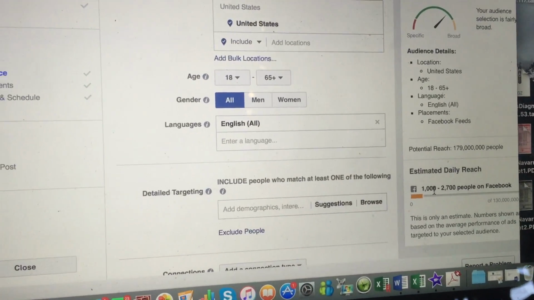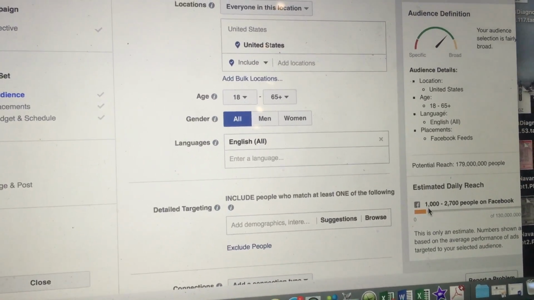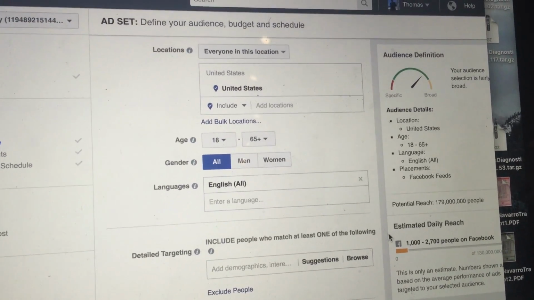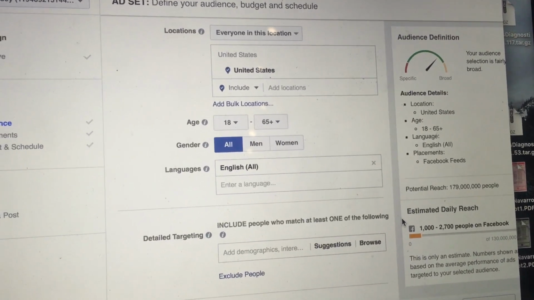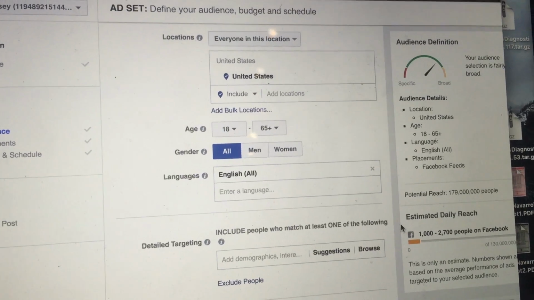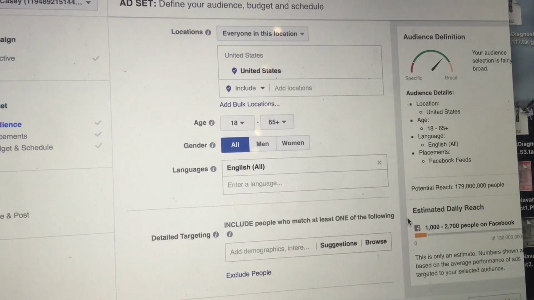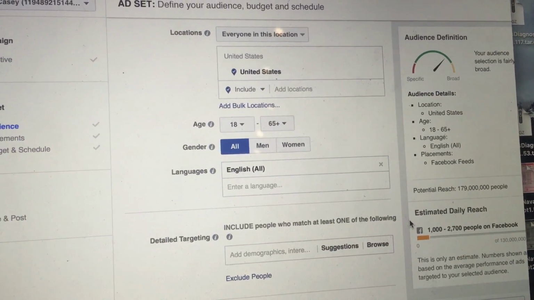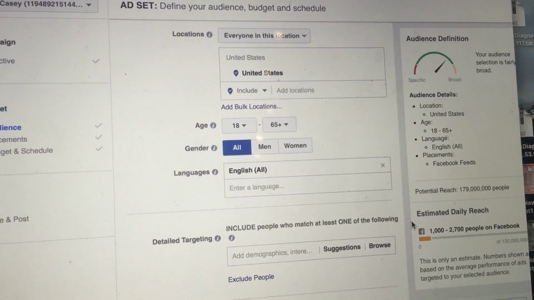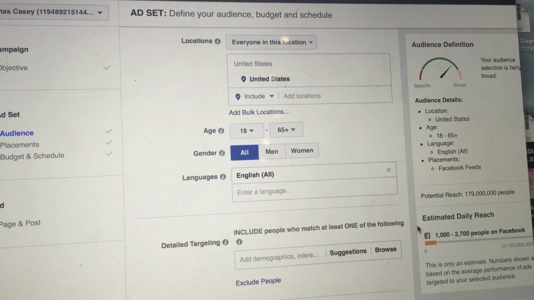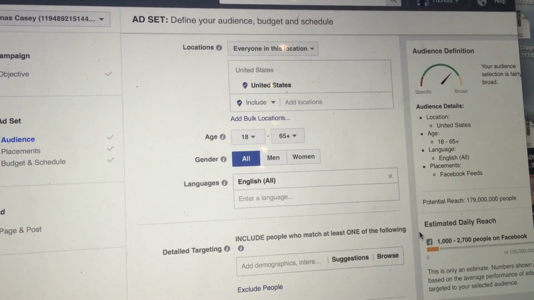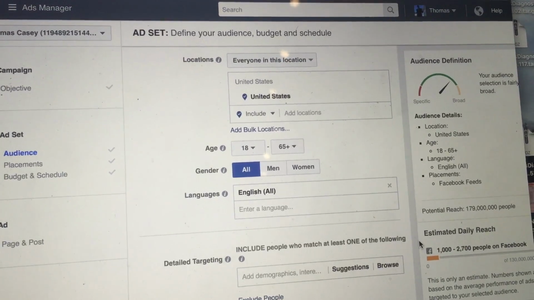Now you want 1,000 to be your benchmark, your minimum. Your first couple that you do this, you might find that it's kind of hard to hit that number. Like I think my first couple I ran, I only got to around 900. That's fine because you're only spending $5 a day on these ads, so it's not that bad. But once Facebook kind of recognizes that this is your goal, it starts making it easier